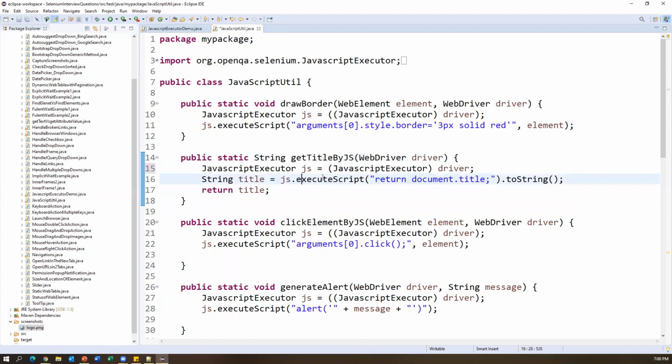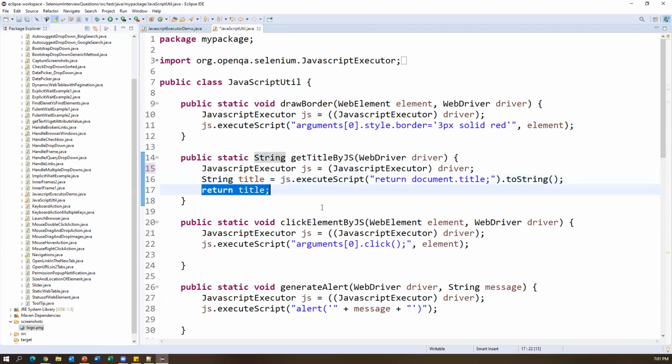The executeScript method executes JavaScript internally, so it accepts only JavaScript statements. This is the way we parameterize the value inside the method: return document.title; and then toString. The whole statement returns the title of the page and stores it in a variable called title.